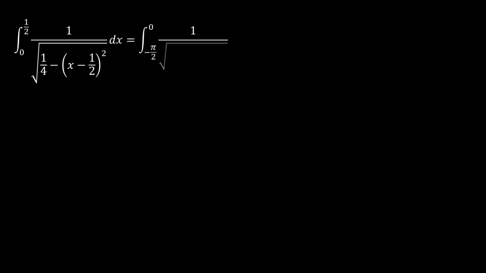So now we have our problem in the x domain, the integral from x equals 0 to a half of 1 over the square root of a quarter minus the square of x minus a half, now being equal to the integral from theta equals negative pi over 2 to 0